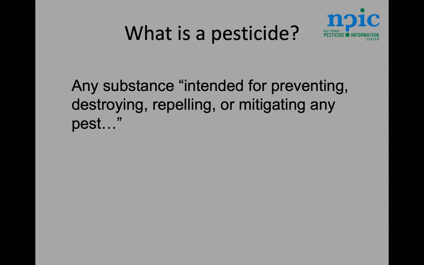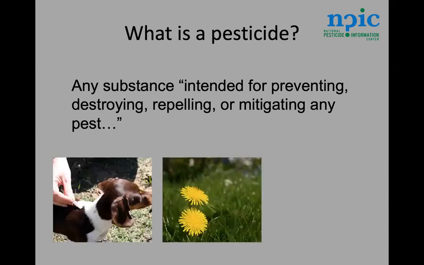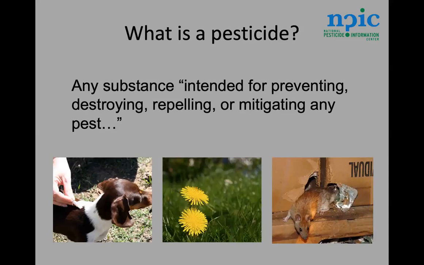And EPA is the regulating body for pesticides. So this includes flea spot-on products for pets. And I'm going to put a little asterisk on that one and come back to it because it doesn't include all of them, but it does include many of them. Also, it can include weed killers, anything that you might use outside on the lawn to get rid of weeds. Rodenticides are an example,